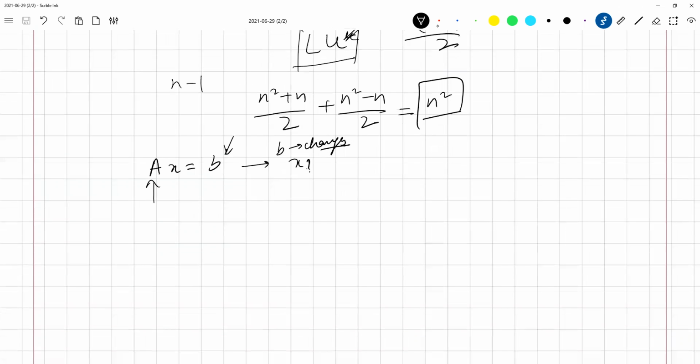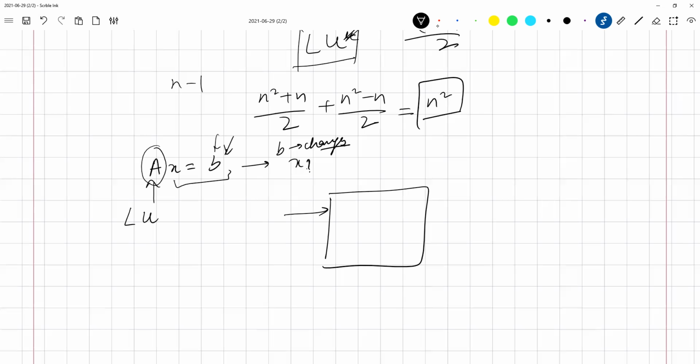So let us say I have the equation Ax is equal to b, and my b keeps on changing, and I want to find the different values of x with b changing. Then how many times do I have to decompose A? I just have to do it once, because A is not changing. If A does not change, then my LU does not change. So I do the decomposition only once, and I can keep on solving for x if b keeps on changing. Is that all right? Yes, sir. Which is usually the case. Because x is your input, and this is your black box.